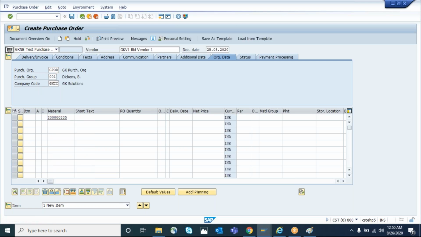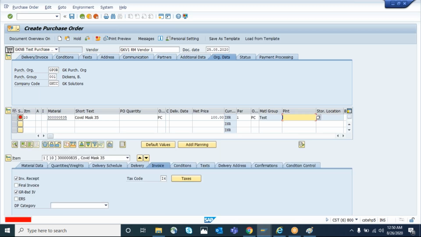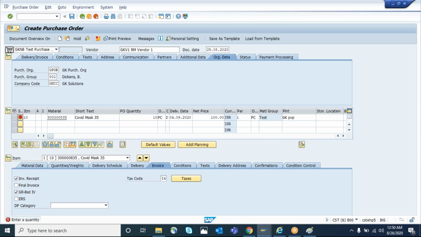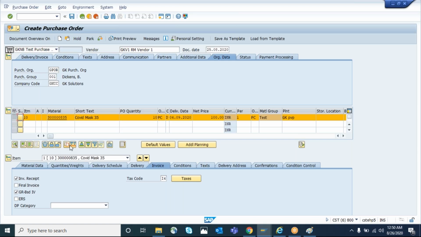Select the same material and the plant. I'm repeating the same for the second item, but for the first item I'm going to give account assignment category J, and for the second item I'm going to give K.